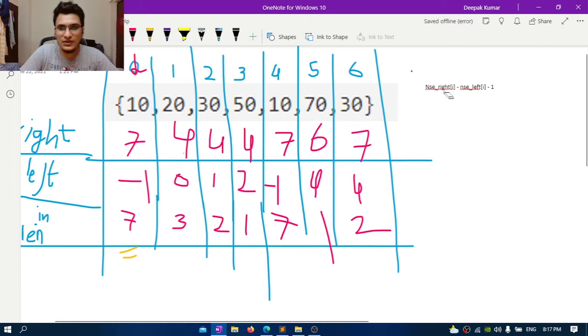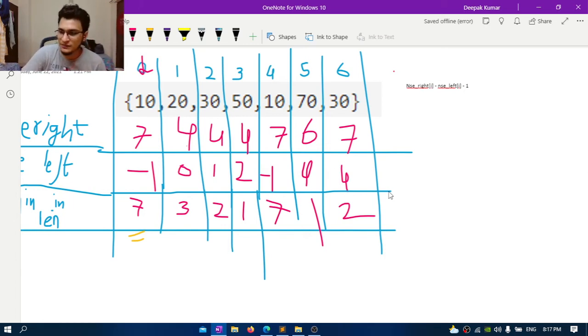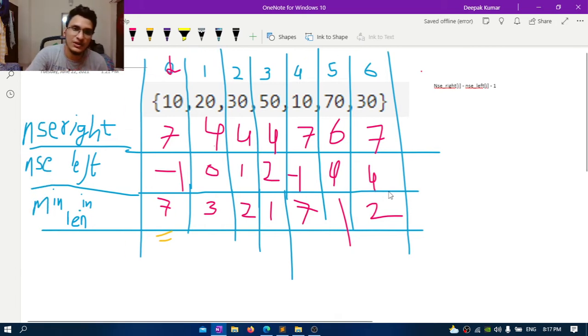Okay, so let me just try to solve it. Have you guys solved the question which is largest rectangle in histogram? In that question we make use of two things, which is the next smaller element on the right and the next smaller element on the left. So what is this array depicting? It is depicting the indexes of elements which are on my right and are smaller than me, which is basically the first element on my right which is smaller than me, right?